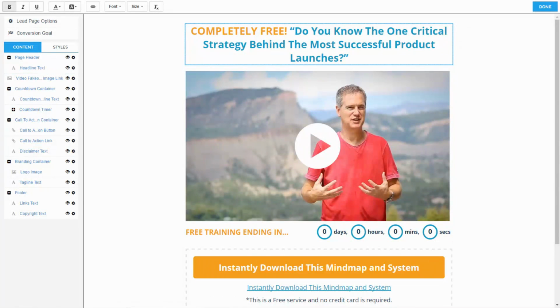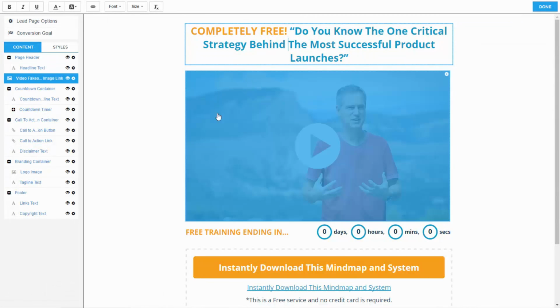and just type in something here, and you can see that at the very top here there are controls here to be able to adjust the size of your text, the font and color. You can choose to underline text, and as you scroll over content on the page you can see that there's going to be a settings gear in the top right hand corner, and you can click that to get the